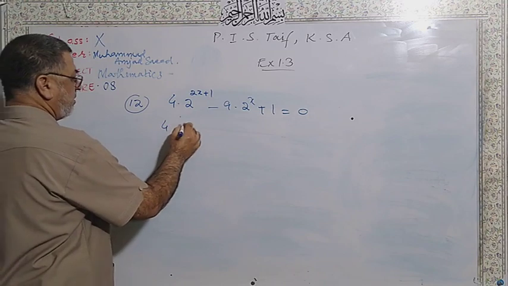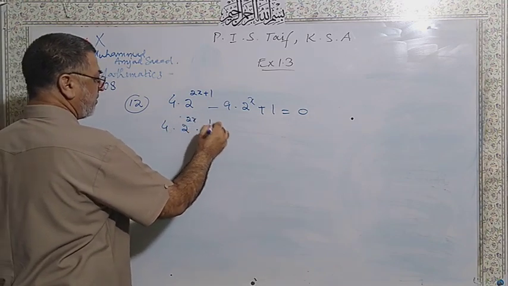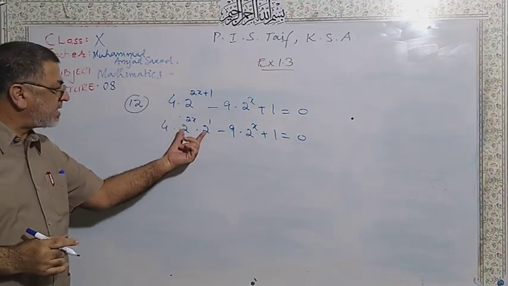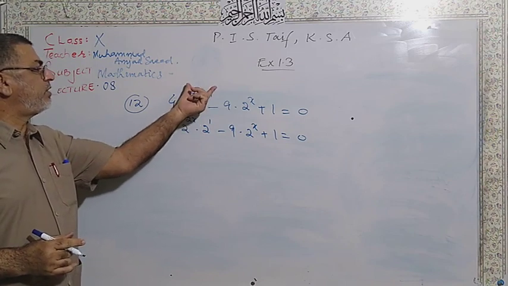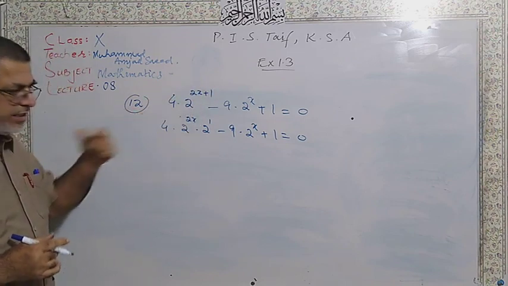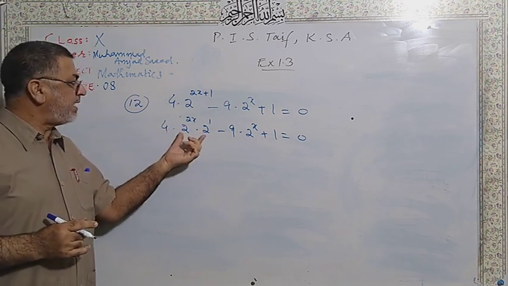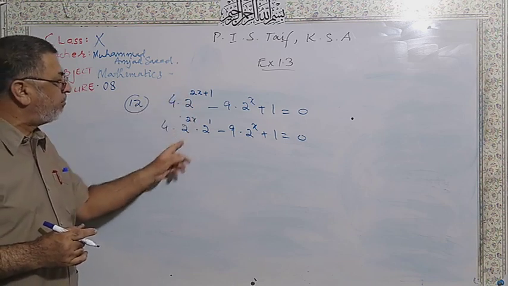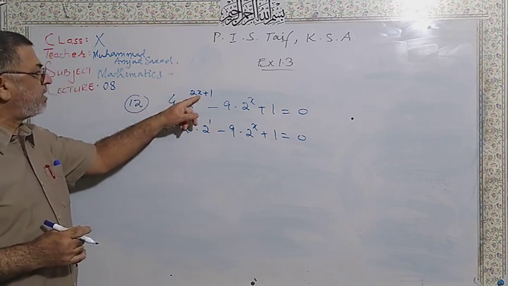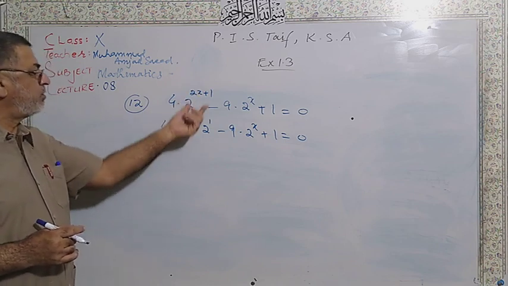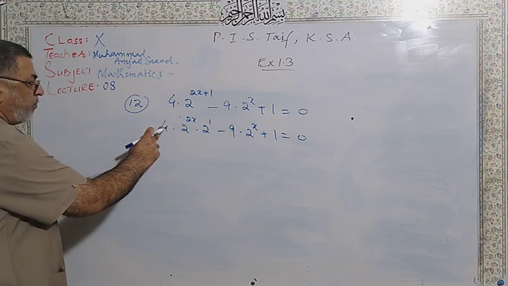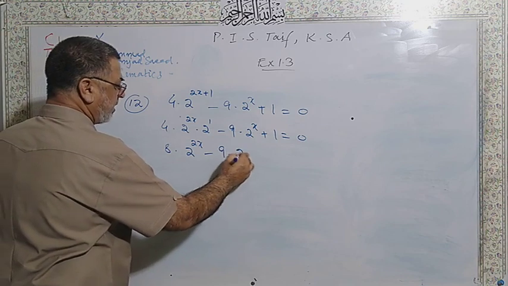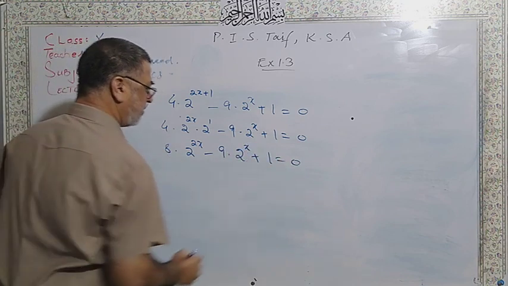First of all, break down this power. You know that if the bases are the same, powers are added, so you will get 2x plus 1 again. Again I am repeating, bases are same, powers are added. And if the power is in composite form, then you can split it up. You can break down this power in this way: 2 raised to power 2x and 2 raised to power 1. That will be equal to 2 raised to power 2x plus 1. But here 4 into 2 is 8 into 2 raised to power 2x minus 9 into 2 raised to power x plus 1 is equal to 0.